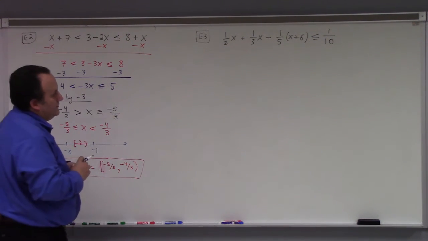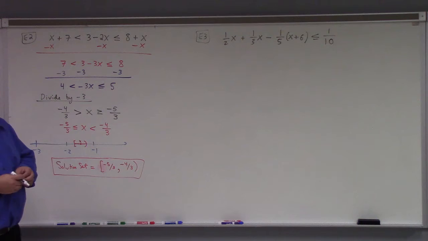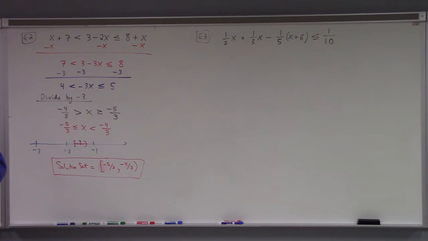So what do you want to do here? Do you guys enjoy adding fractions? I don't. How to make the fractions go away? What can we do? We can multiply the inequality by the least common multiple of the denominators you see at play, right? So you got a half, a third, a fifth. You could multiply by 60. That would fix it, but that's probably a little bit too greedy. I think we could get by multiplying by, what, 30? I think 30 would make all those fractions turn to whole numbers, right?